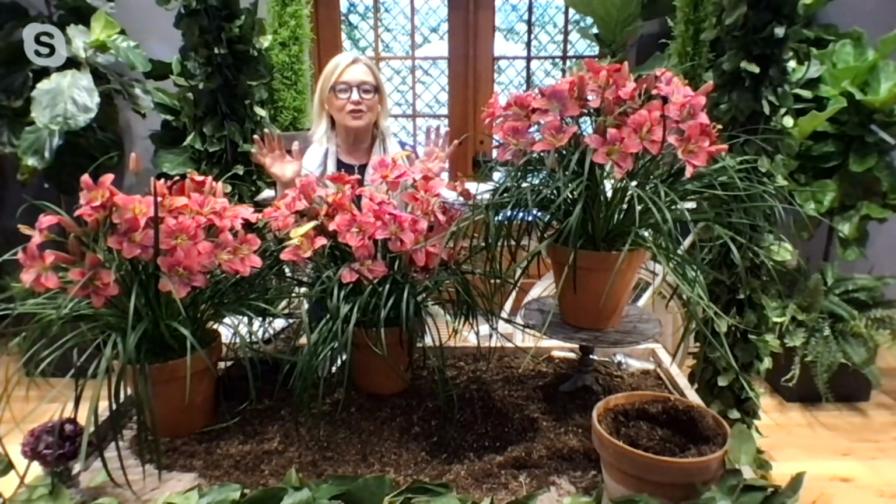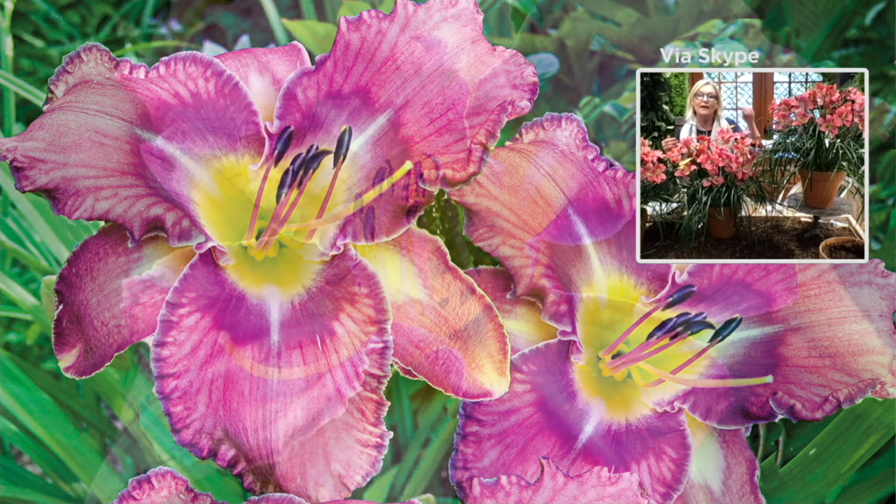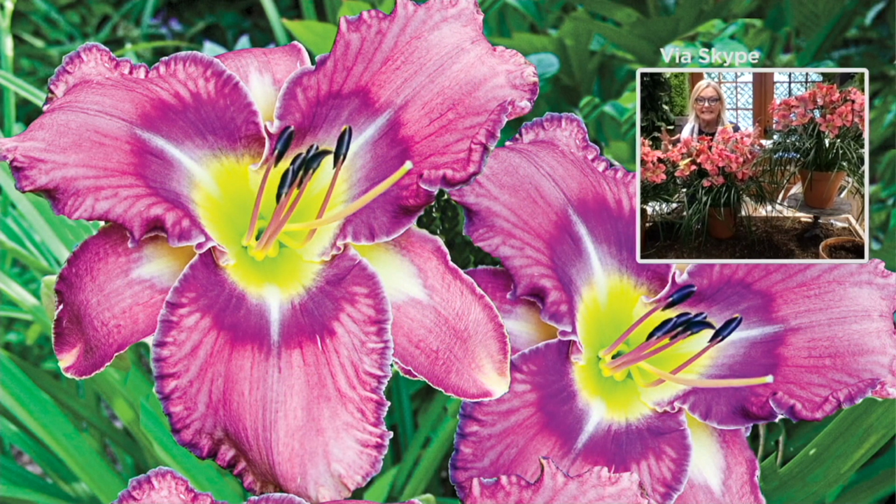This color is to die for. And I know you talked a little bit about reblooming. Being able to get those blooms starting midsummer to early fall is crazy good. And a reblooming daylily is not your average daylily. The color of this is not anywhere near your average daylily. But Dan, these are also fragrant. They're sweetly fragrant flowers, and then that violet blue eye, lime green throat, it draws you in. It's perfect for borders, containers. Oh, and the flower is 6.5 inches